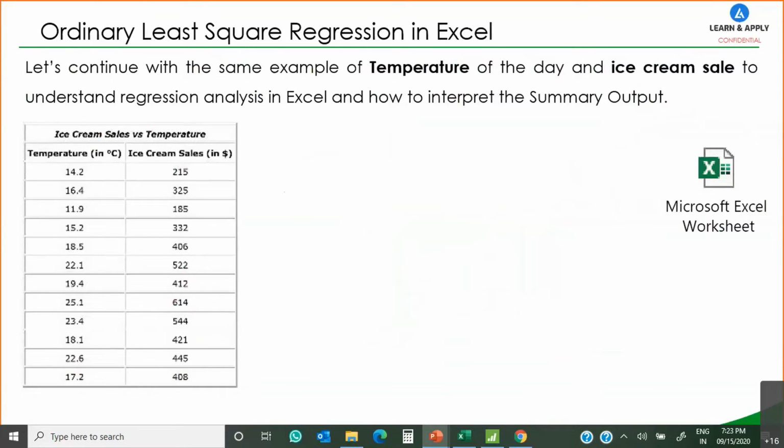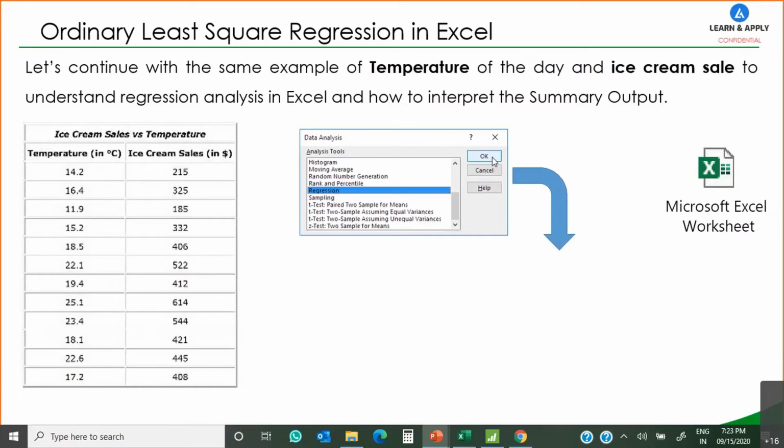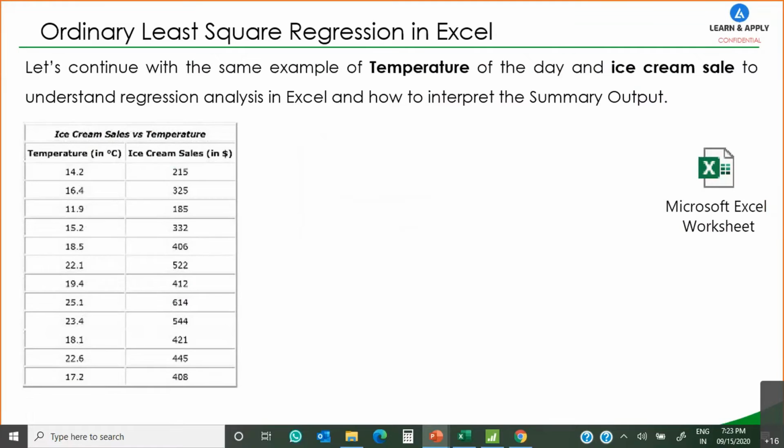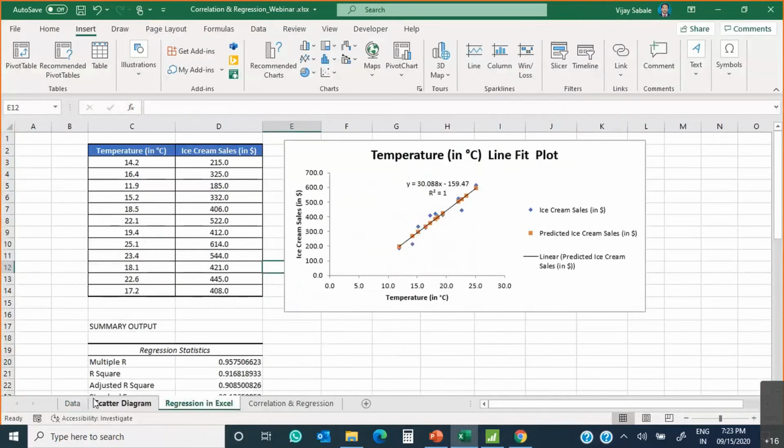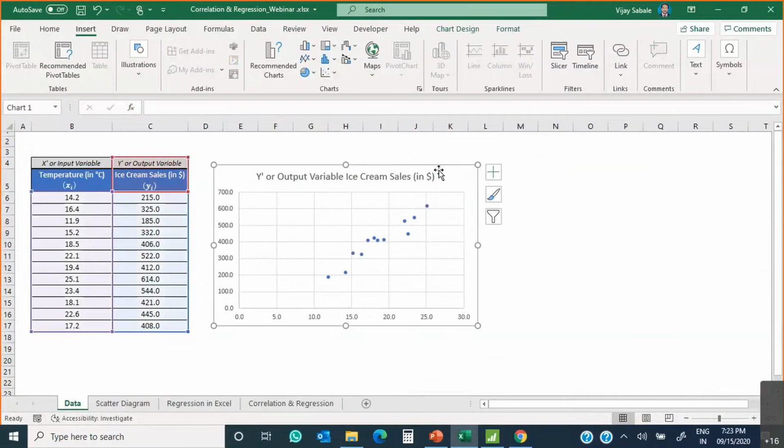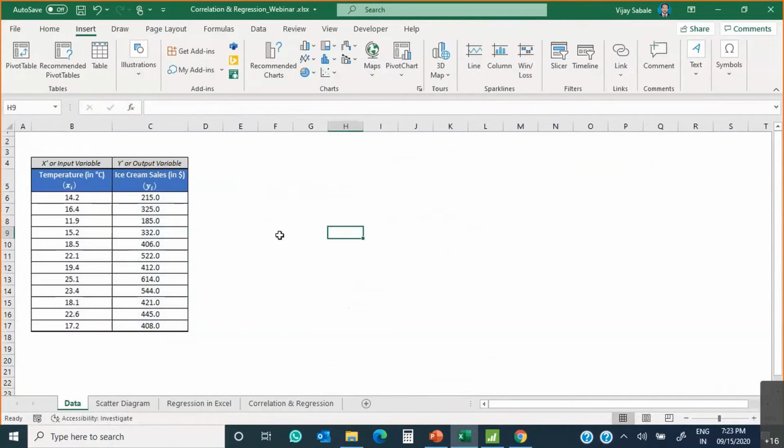Now I think I have explained all the theoretical part of it. Now how to calculate the regression analysis in Minitab. So let's do it with the help of the same example. I'm going to explain how to calculate the regression analysis between these two variables. I'm just removing this for the time being. So this is our X, temperature, and this is our Y, ice cream sales. And you want to check the relationship between them, right? So how much increase or decrease in X will affect the Y, right?